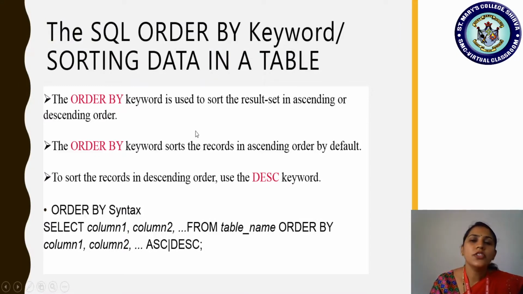In the very previous discussion, I have taught you about how to select the information from the data that is existing in the table, like with the help of select statement, right? How to view all the columns or all the attributes in the table. If you want to view the information of all the attributes of a particular table, then how we can use a select statement. Or else if you want to view all the attributes but a particular row, if you want to view information about a particular student, or it could be a customer, it could be a person.